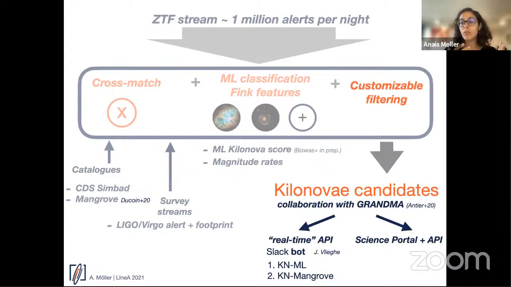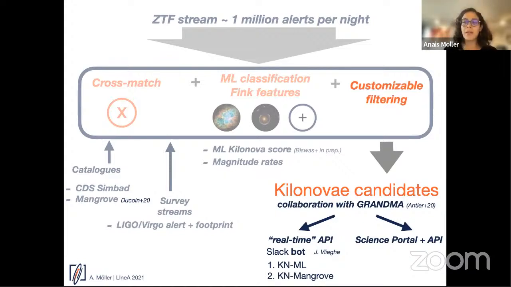And this is useful for them because actually kilonova candidates are not that many. So you receive one or two events maximum per day. So a Slack channel works pretty well. And that was the work of Juliette Vlieghe, who did the whole implementation for that bot. And we created different filterings. So there was one using the machine learning score, and there was one using only the catalog of galaxies. So if a kilonova was in this galaxy.